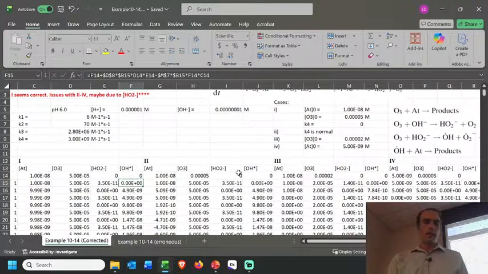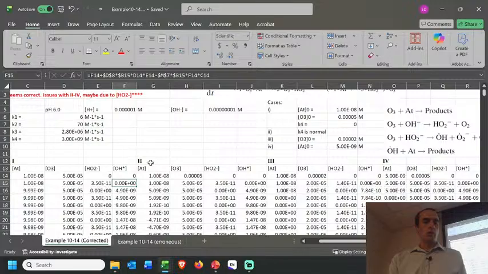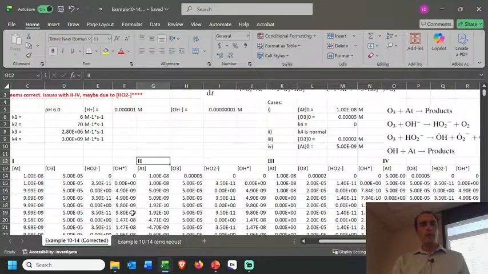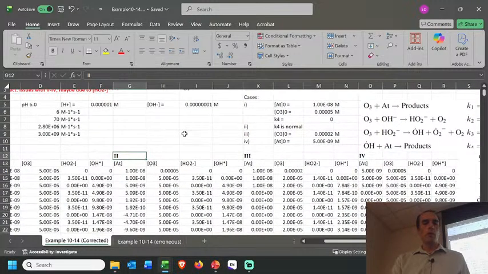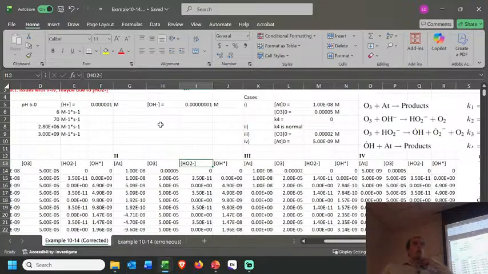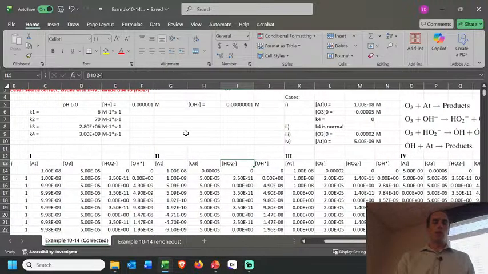That was my beginning place. And as we'll talk about as we go through the homework itself, I think 2, 3, and 4 might require a little more attention to the HO2 minus in terms of that's probably in equilibrium with hydrogen peroxide. So that might actually be primarily hydrogen peroxide, and I didn't notice and catch that, and there was no mention of that in the example solution. So that might be the missing part. A lot of that HO2 minus would go to hydrogen peroxide, and then we would have less here. Anyway,